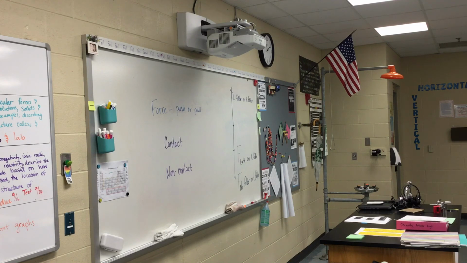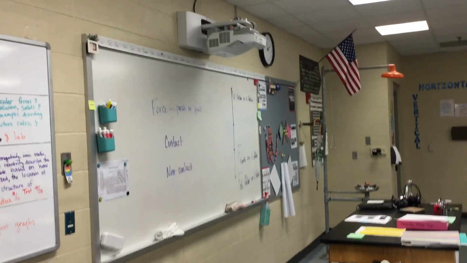So like a really long arrow means big force, and a really short arrow means a little force. So how do we know how much is a big force and how much is a little force? Guesstimate? Why not? Like say I put this on there, that would be a tiny arrow, but if I put this on there, it'd be a bigger arrow. I like where you're going with that, and now by the weight. I feel like I have an idea for a lab tomorrow. Okay. Alright, thank you. You better write it down. I'm gonna write it down right now because you know how my memory is.